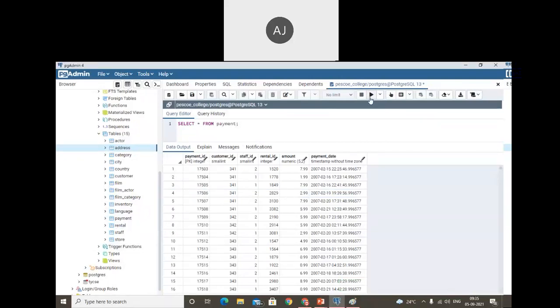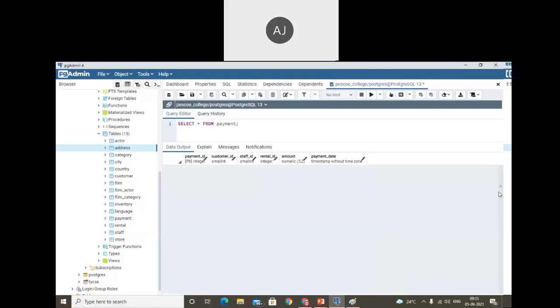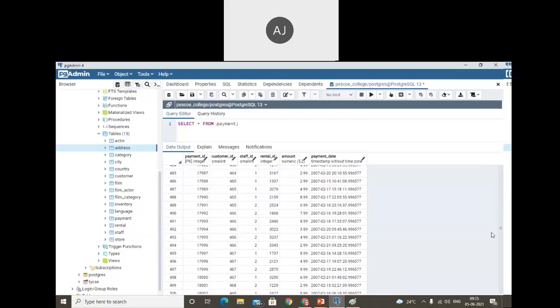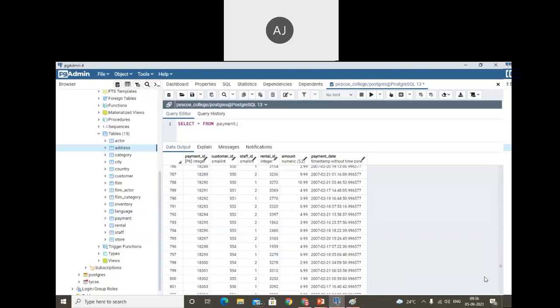So I'm going to re-execute it. 14,596 rows are affected. That means we have a large amount of data. If you are trying to do this,